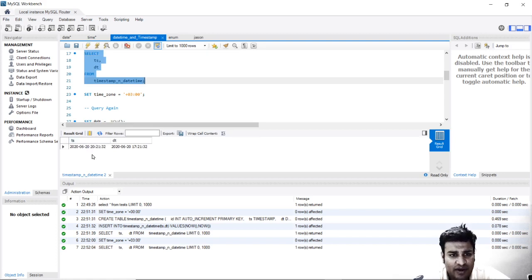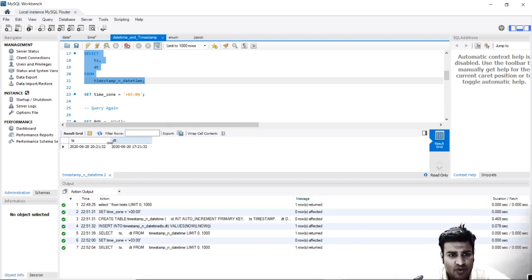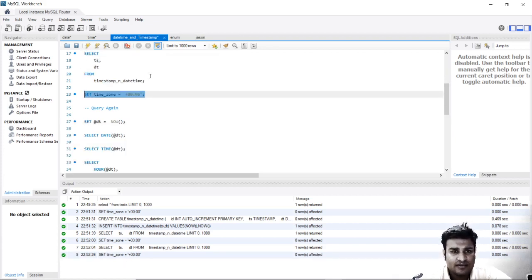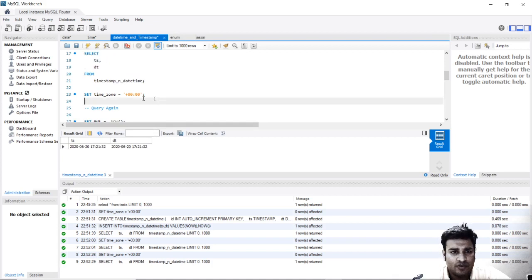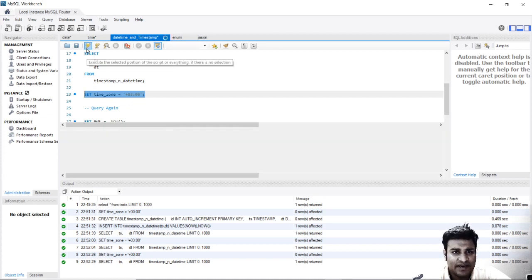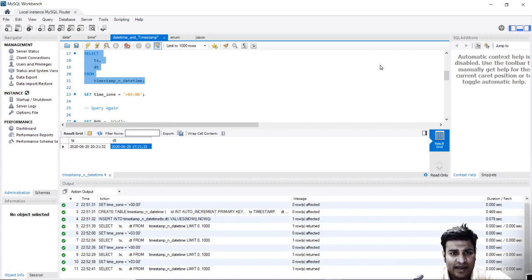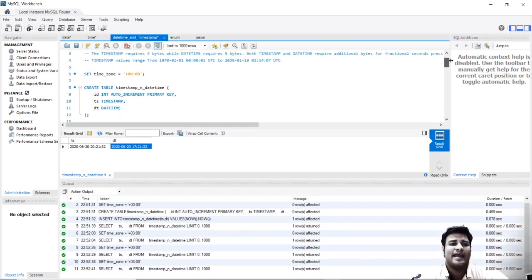And if you see over here, the time has been changed for 10:52, has been changed for this one, I guess. Let us change it again. I have maybe missed it. What was the previous value? Let us run this. Let us see this. 21:32, 21:32. Now it changes to +3. So we are just seeing the effect and the difference between datetime and timestamp. The change has been made in datetime. So time zone affects datetime, not timestamp. So I was wrong previously.